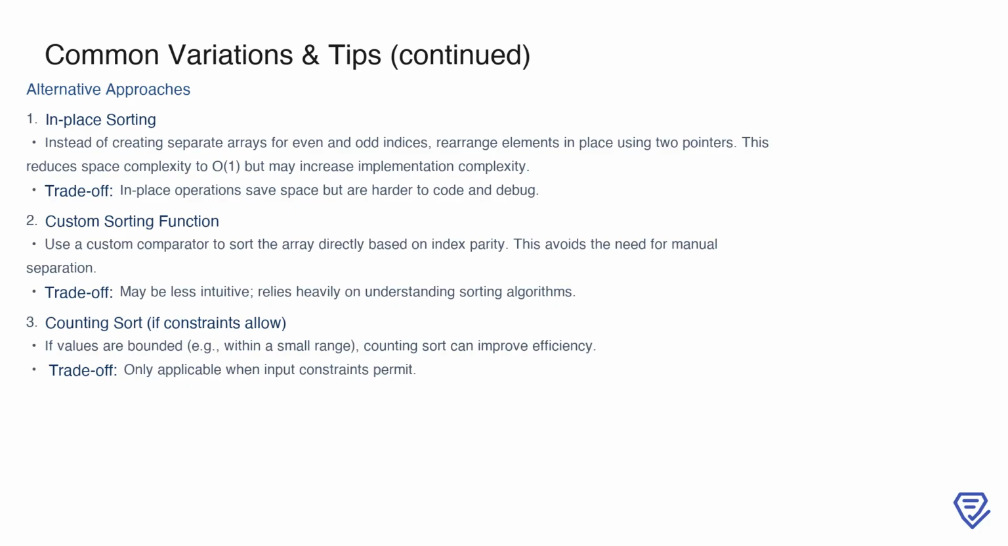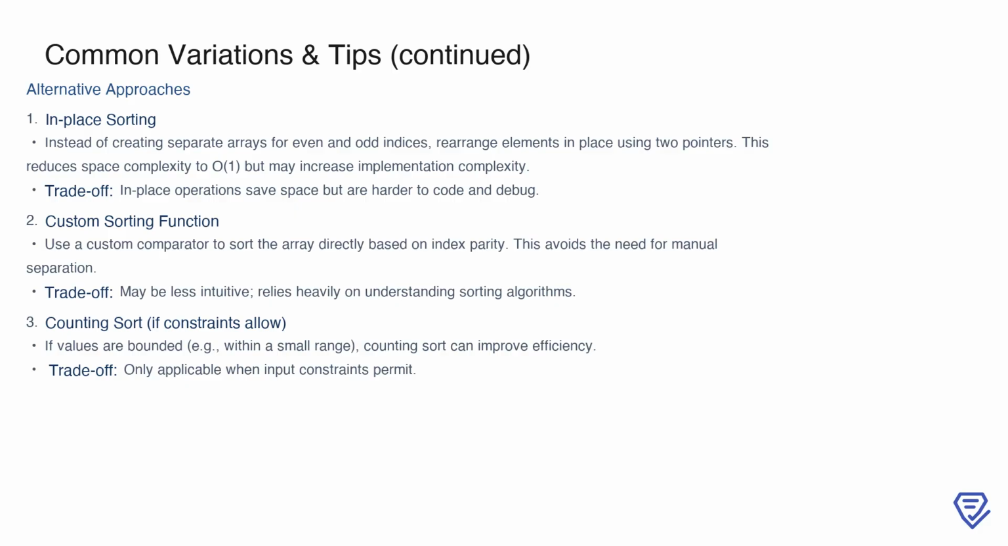There are also alternative approaches you can consider to solve this problem. One option is in-place sorting, where instead of creating separate arrays for even and odd indices, you rearrange elements directly within the original array using two pointers. This approach reduces space complexity to O(1), which is beneficial, but it can make the implementation more complex and harder to debug. Another option is to use a custom sorting function with a comparator that organizes elements based on index parity directly. This avoids the need for manual separation but may be less intuitive and requires a strong understanding of